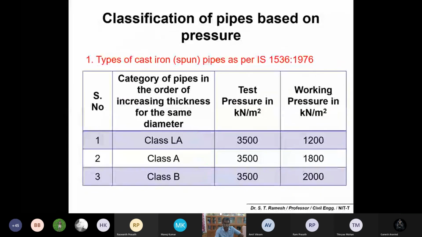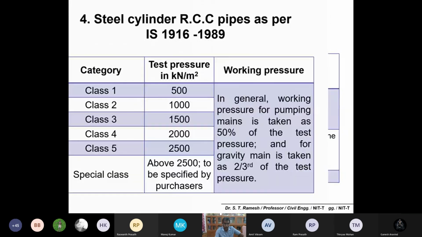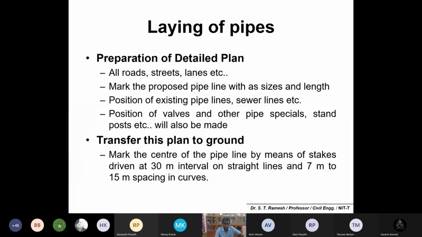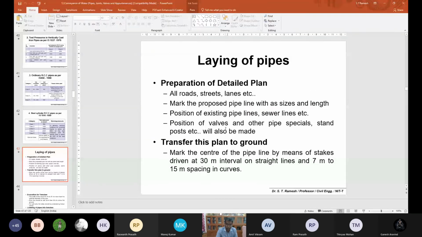So these are the points. Just remember them as pipes. Let me stop here, and in one more class we'll discuss how to lay the pipe, how to test the pipe, how to make joints, and the last part, what the different quality control parameters are. So with that, we'll close the topic on conveyance of water.